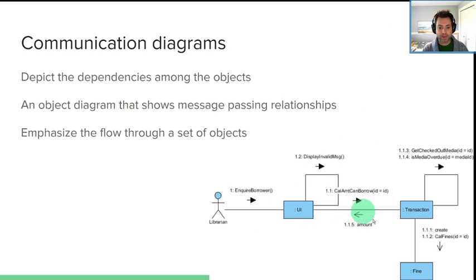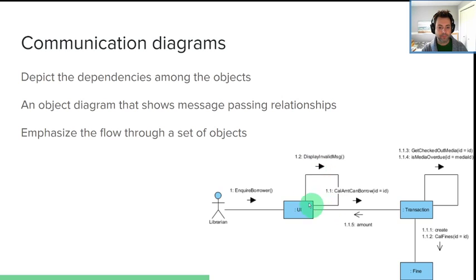So here we have an interaction with a librarian, and we want to go through our system and see if somebody can borrow a book, if they have any unpaid dues or unpaid fines, and go through that process. So librarian entity, still a stick figure. We're going to go this direction. And you can do an arrow like this, or you can put the arrow right on the graph. They both work. We're going to call a function, inquire about a borrower.